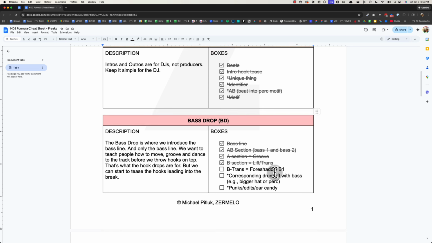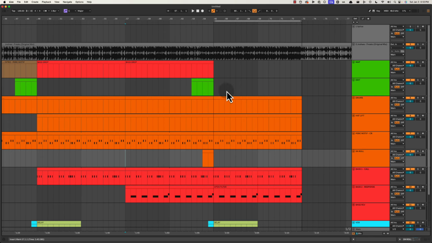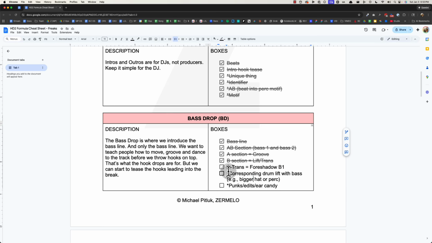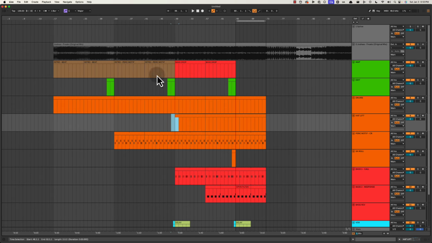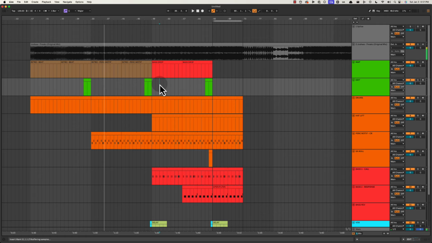All right, so up here. Okay, so we definitely get into a B section and it's definitely lifting because we're adding the bass, we're opening the bass. This is what I wanted to say about the hat lift right here, because it's structural, right? And so in the bass drop, one thing you could do, and that's what the asterisk means, the asterisk means just kind of an optional thing, is a corresponding drum lift when the bass comes in. And so here, in the intro, you don't see a big hat. As soon as you get to the bass drop where the bass comes in, you get a corresponding drum lift, which is the open hat. Small hat, big hat. Small hat, big hat with bass.